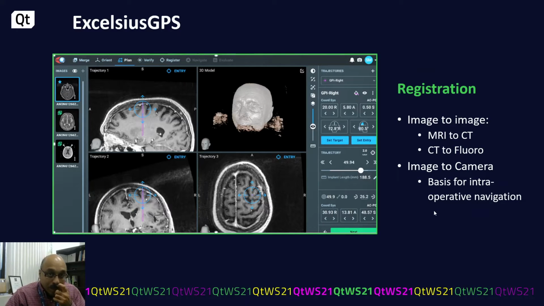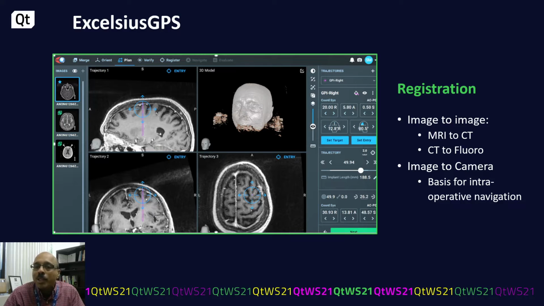Now, in order for this to happen, we need registration. In this slide, I'm showing an example of how we register 2 MRI scans to a CT scan. So this is 3D to 3D registration, and this is showing cranial surgery. We recently launched our cranial application. So the same robot can be used for a completely different kind of surgery. Instead of doing surgery on the back for the spine, this robot is now being used for surgeries in the brain, for deep brain stimulation or other kinds of surgeries.